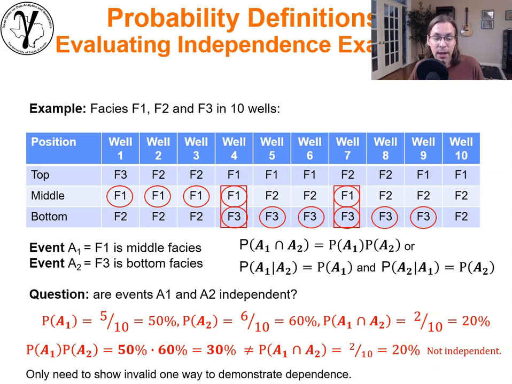Now, this is very useful because imagine out in the field, if you had a data set, knowing that there's a degree of dependency between the middle and the bottom is a predictive model. It helps you make choices. In some cases, you may only know the facies in the middle and not know the facies in the base. Maybe you didn't collect core down there. You can use the middle to make a prediction of the bottom because there's some information being shared between them.